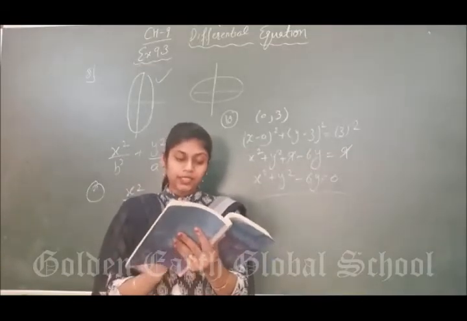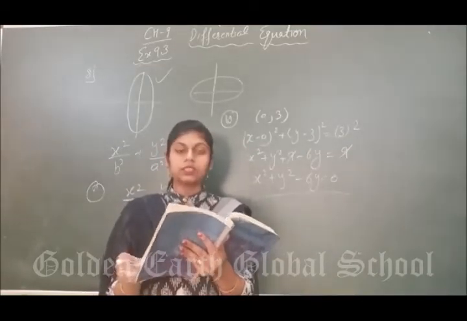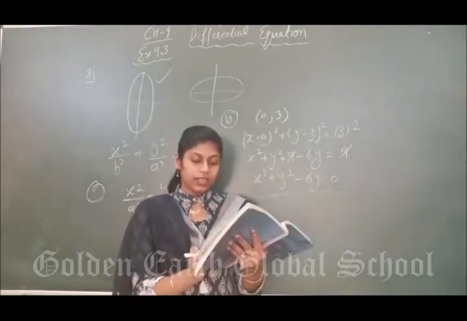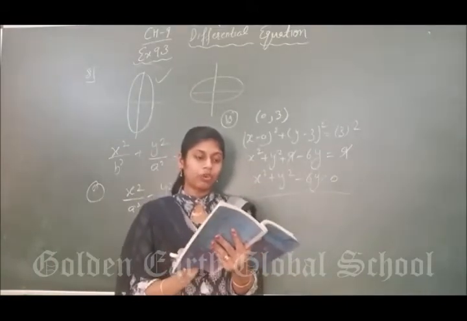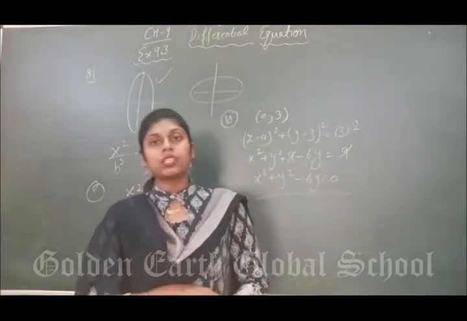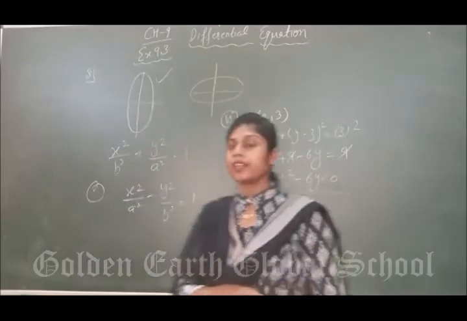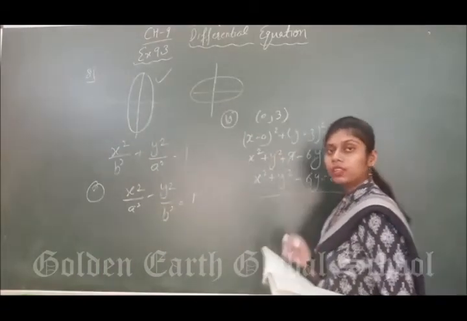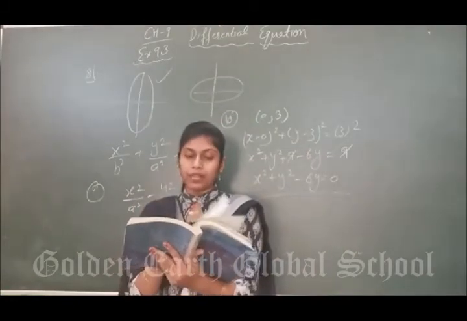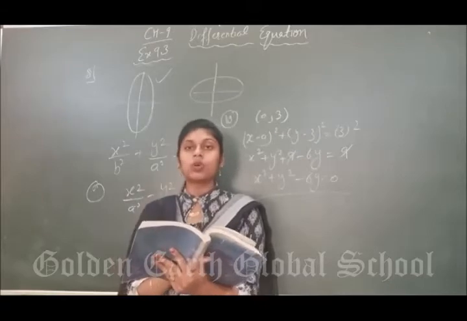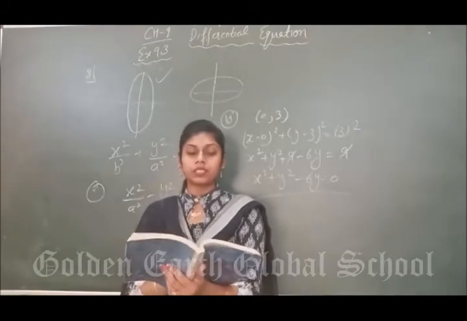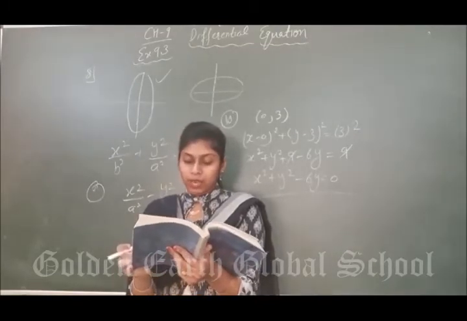Next exercise. These are the exercises in which we have to find the solution. Clear? Next exercises 9.4, 5 and 6. Again the differential equation will be given to you and you have to find its solution in this form. Clear? So there are 3 types. First is direct, to separate the variable, second is homogeneous, and third is of the linear equation type. Clear? First of all we will discuss how to find the solution by separating the variable.